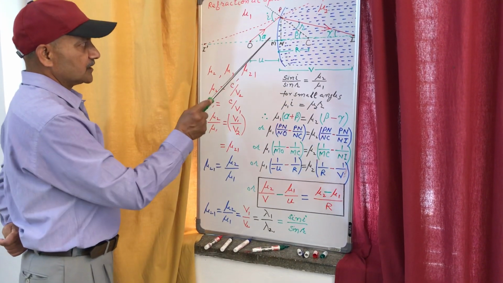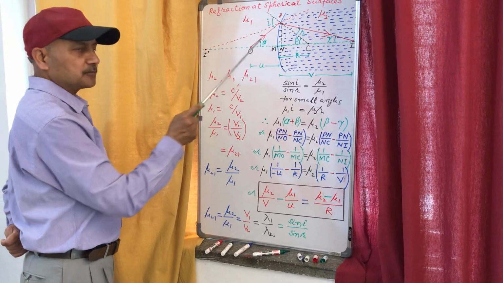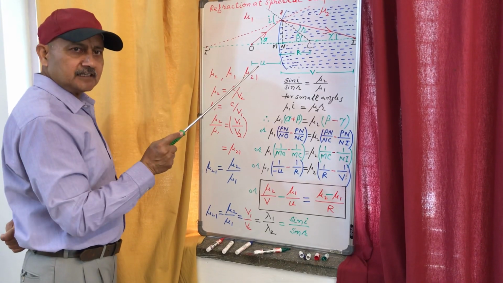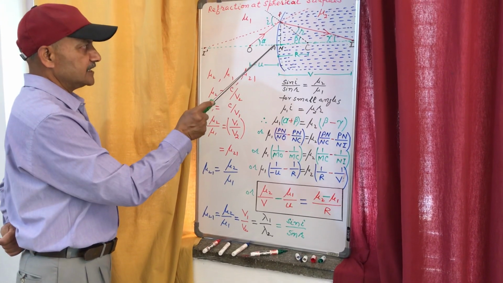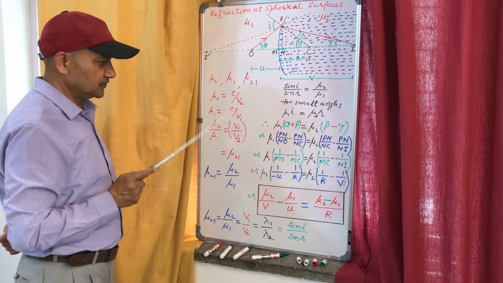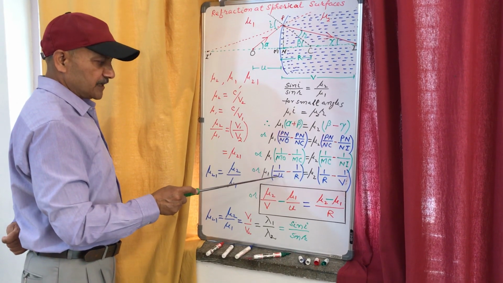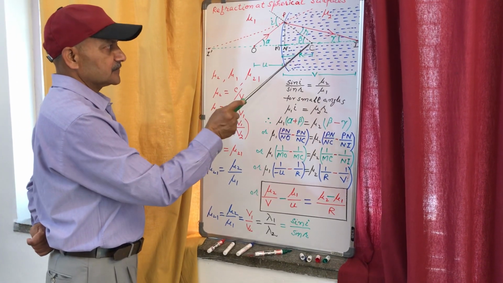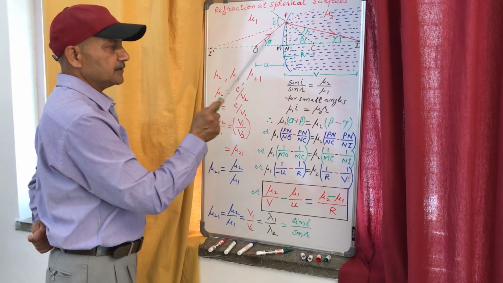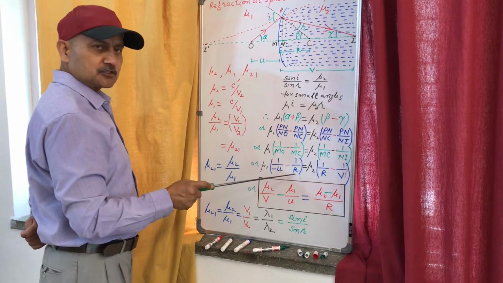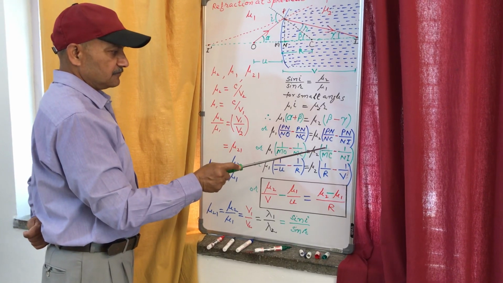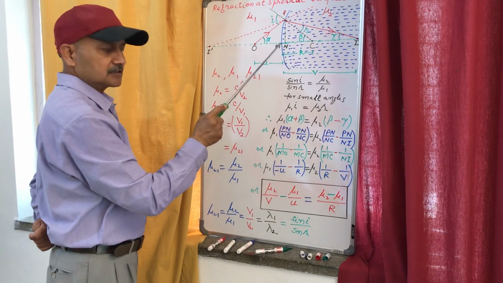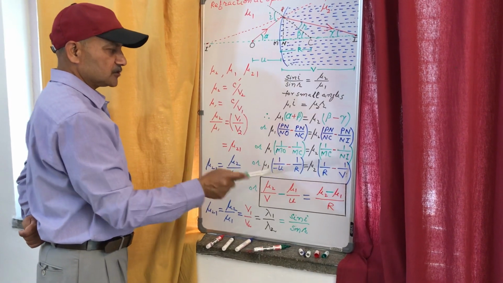Now MO. MO is the distance of the object from the midpoint of the spherical surface. Therefore, this is called U. With proper sign, we will write it minus U because it lies on the left side of O. So in place of MO, we write 1 upon minus U minus 1 upon R. What is R? The radius of curvature, the distance of the center from M. It is towards the right, therefore it is positive. Now 1 upon R again. Now NI, the distance of the image from the midpoint, is V. As it is towards the right, it is positive.